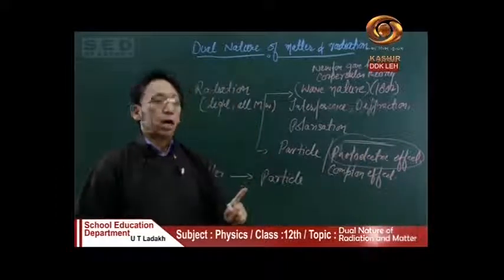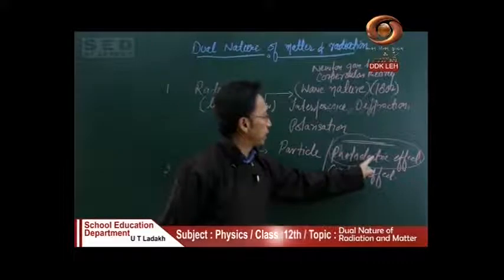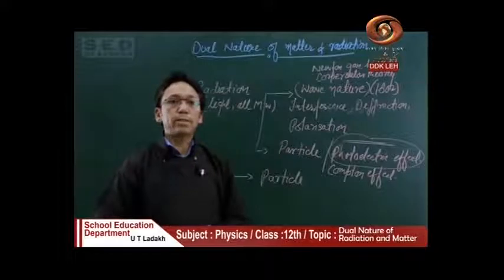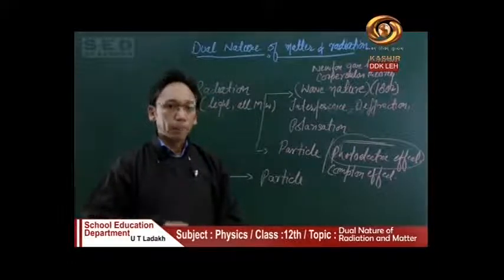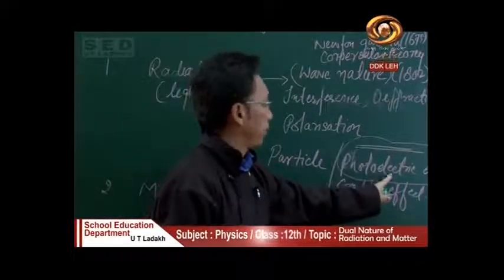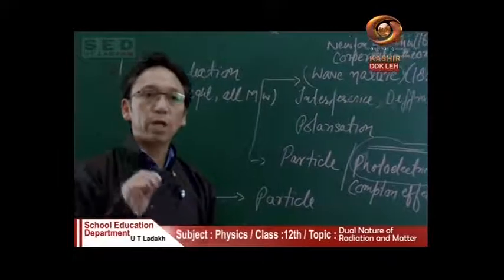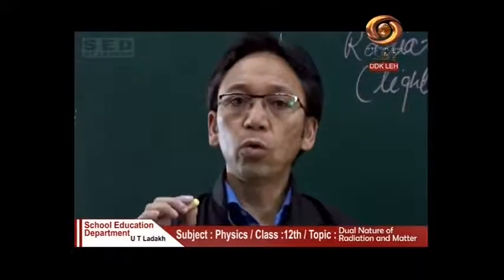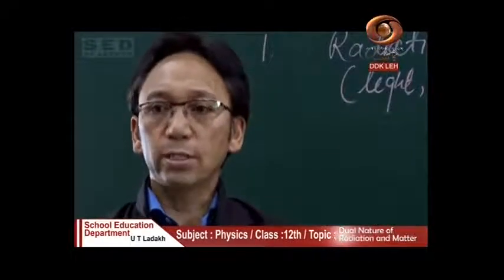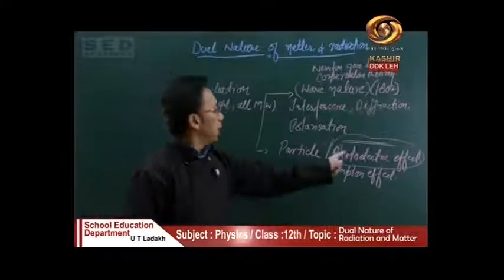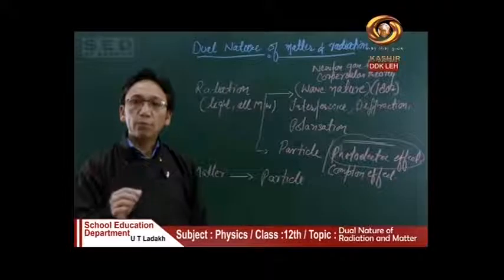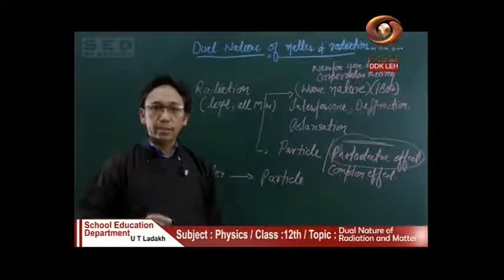And Einstein, who put forward the photoelectric effect in 1905, was awarded the Nobel Prize in physics in 1921. Why was he given this credit for the photoelectric effect? Because he was the one among the scientists who gave the photoelectric equation, and that could clearly explain all the laws of photoelectric effect. But prior to Einstein, this photoelectric effect was also observed by Hertz in 1887, and